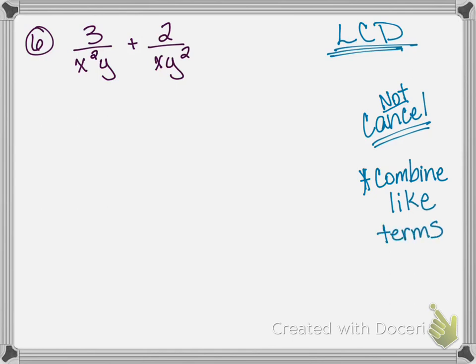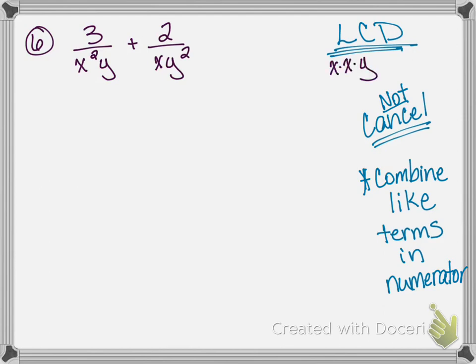That is something that happens when we're adding and subtracting. But you are not cross-canceling or canceling when you are adding, okay? So that's a good thing to think about. Now, for this particular problem right here, we have x squared, which is x